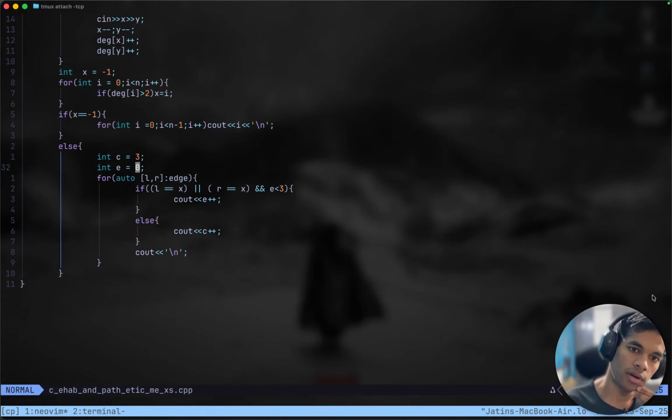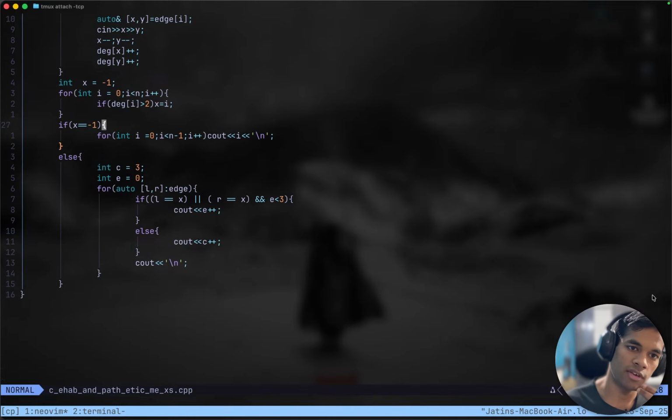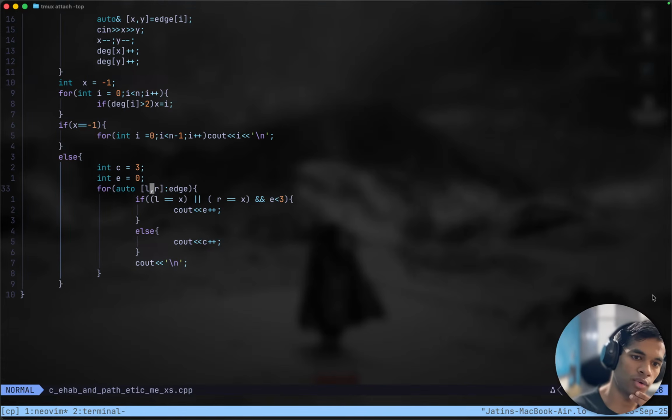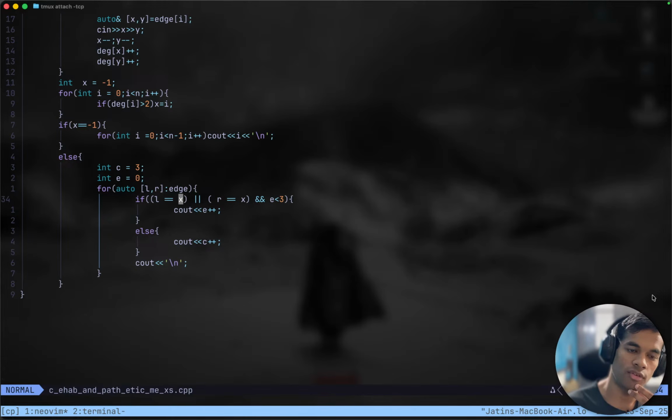The x edge has a degree of at least 3, which means in the total number of edges, it is going to appear at least 3 times. And whenever it appears, either the left node for the current edge, since we are iterating through the edges, or the right node for this current edge,